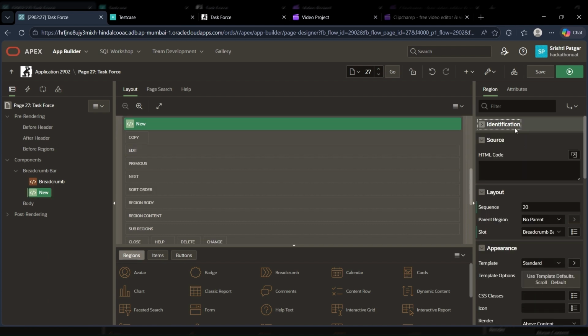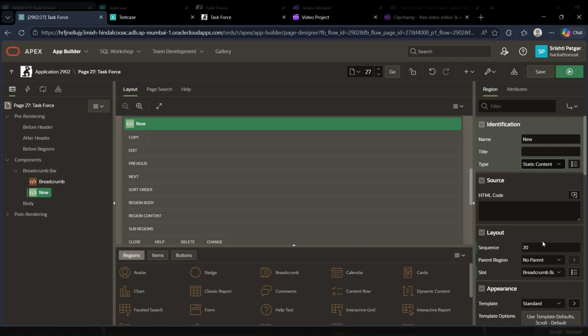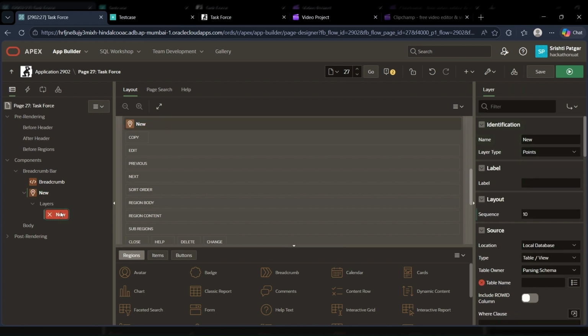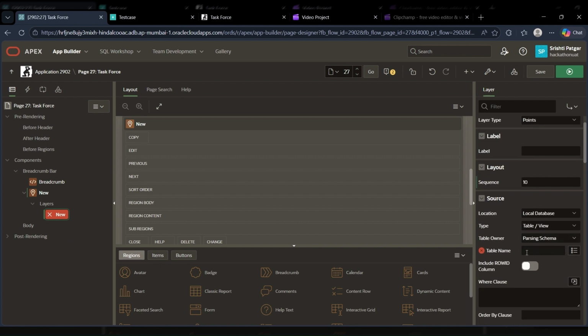Okay. And in identification, you have many kinds of static types. This is basically the page type that we had seen here while creating a page. Supposedly you create an interactive report from this option, and now you realize that it's not an interactive report, it's a map. You can always go and change it, but with respect to that, if it shows a red error here, you need to click on that, and you need to give the table name. A very important thing about Oracle APEX is you need to have a clear picture about what you want to share from the SQL tables. You need to have an idea about SQL tables. You need to create a table beforehand and then use it over here.